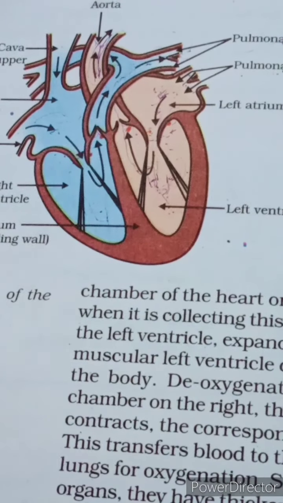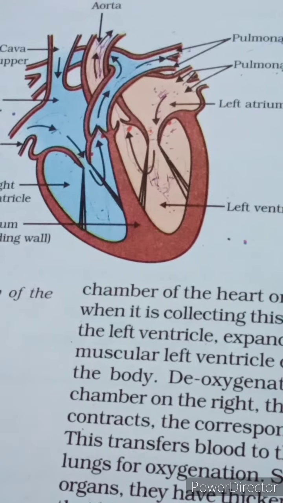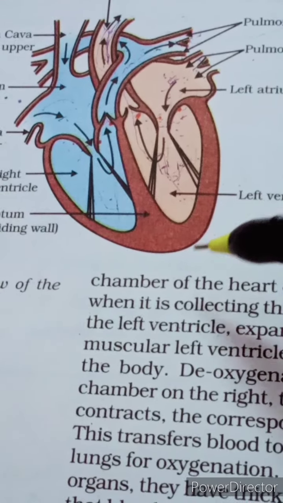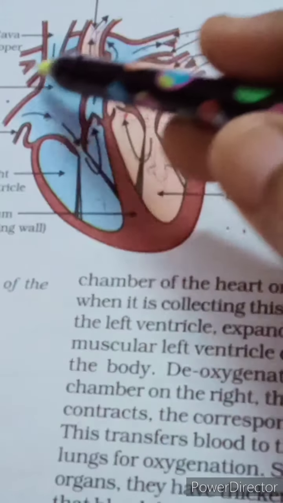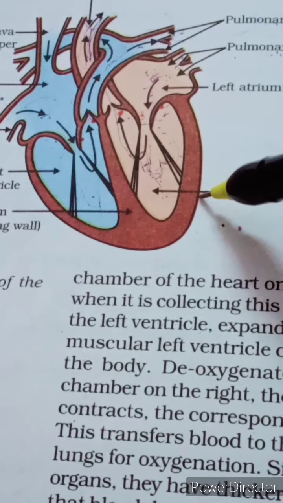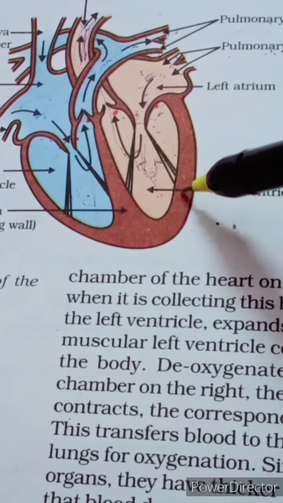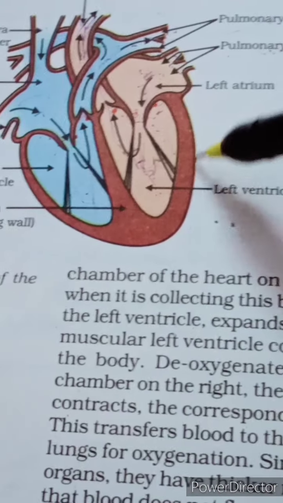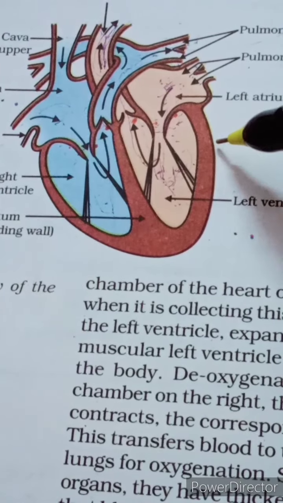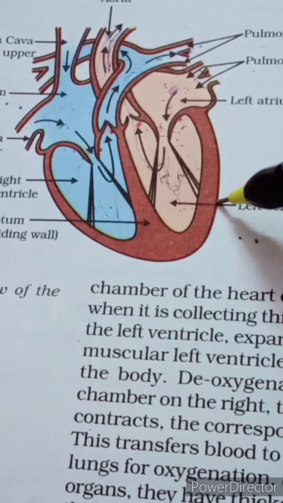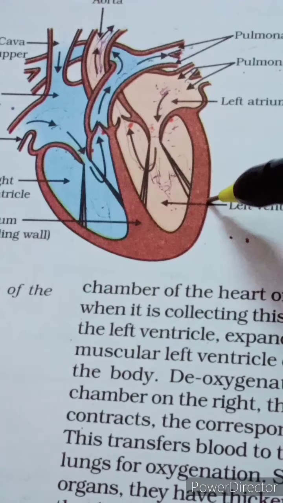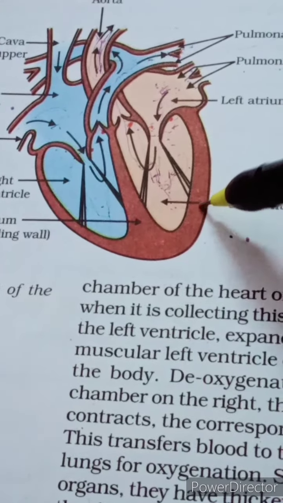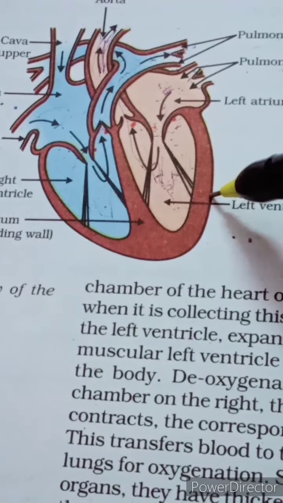Each and every organ in our body is completely covered by a membrane. Even the heart has a special membrane called the pericardium, which covers the entire heart. And it is a double wall membrane. In between the two layers a space is present, and the space is known as the pericardial space. The space is filled with a fluid called pericardial fluid. What is the function of the membrane? The pericardial membrane helps to protect the heart from injuries. And the pericardial fluid acts as a shock absorber.